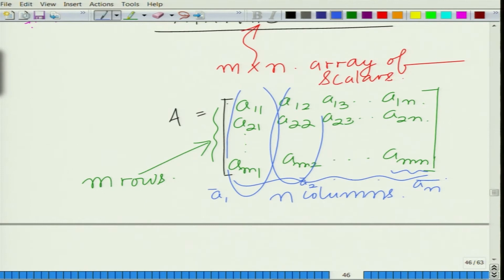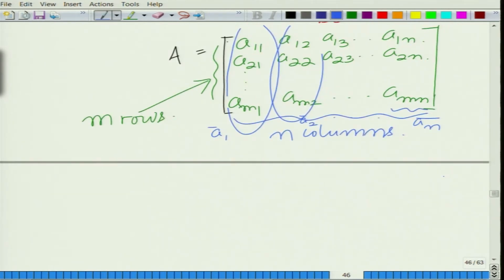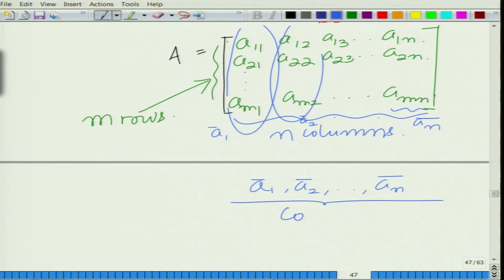So you can think of this as putting together n columns, or n vectors,